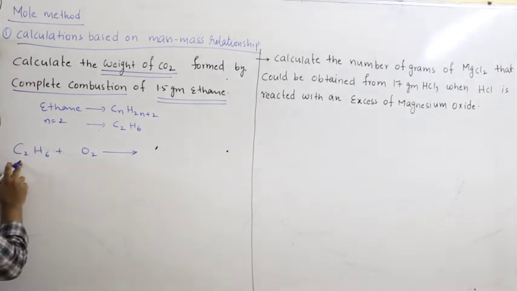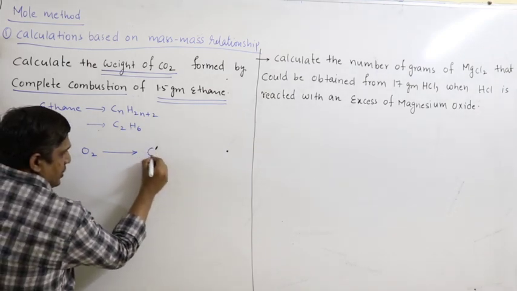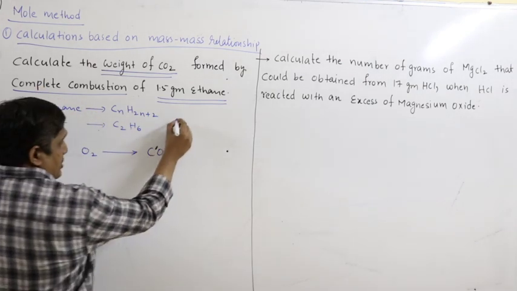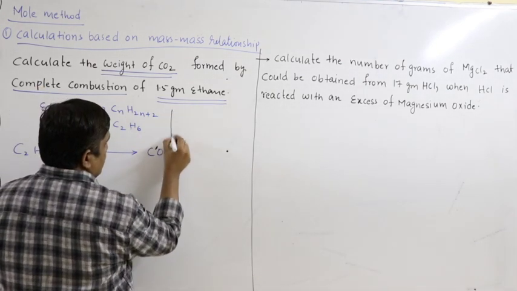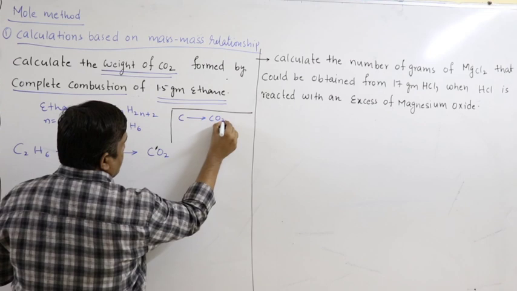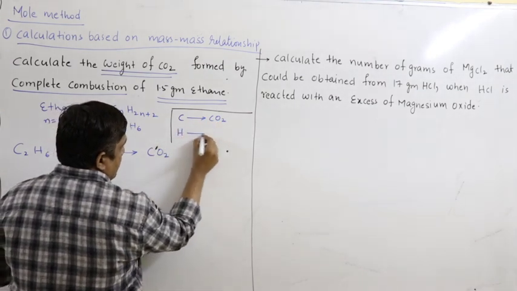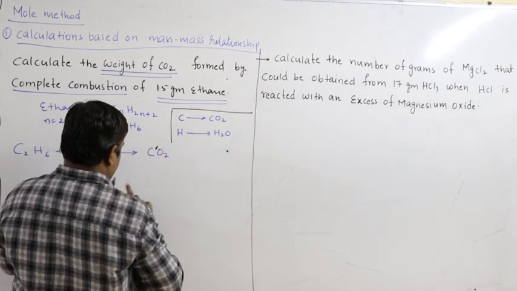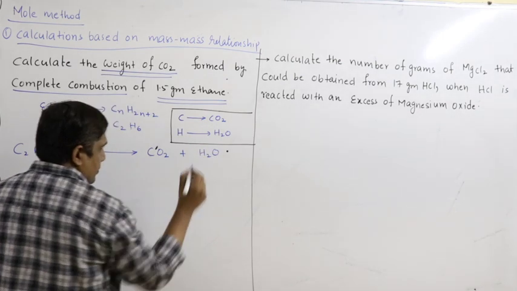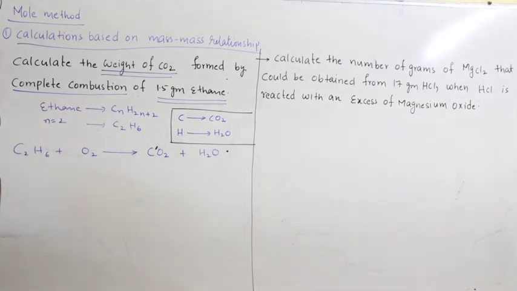How many carbons we have? 2 carbons. Therefore, it should be converted into carbon dioxide. As I already said, in complete combustion, carbon is converted into carbon dioxide, which means carbon should be completely oxidized. Hydrogen should be converted into water. So next, hydrogen is there, therefore you write water. Then we have to think about balancing. So this should be 1 mole, according to the definition, combustion is defined for 1 mole usually. Enthalpy of combustion, that we study in thermochemistry, right?